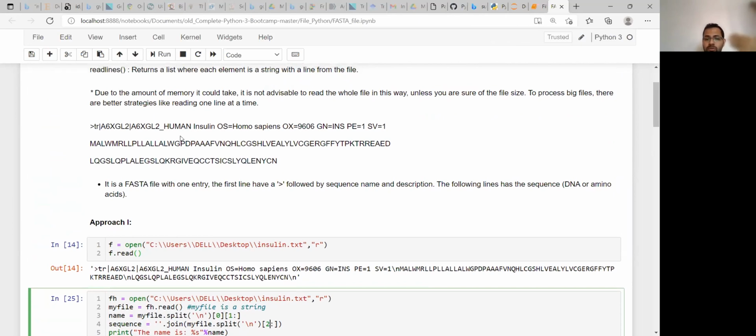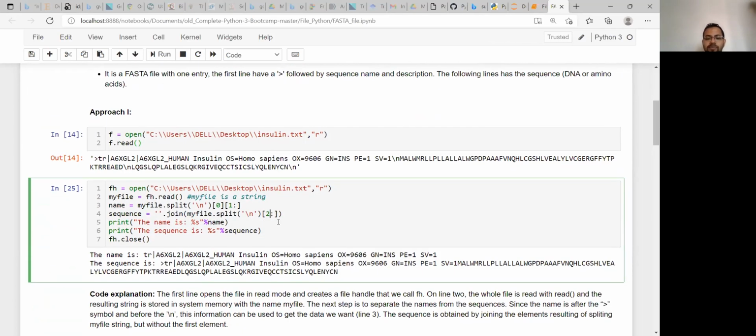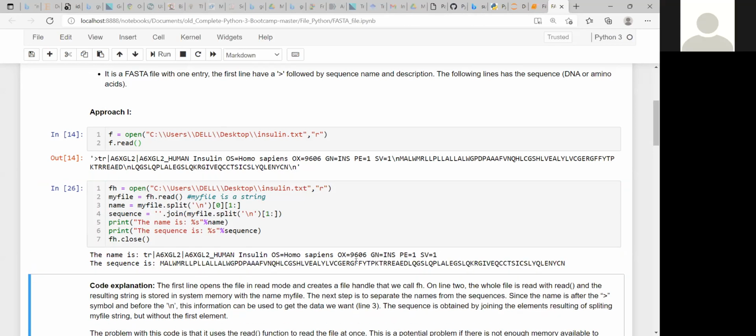You need to know the file format very well. As I know that the first line is a header line, I am omitting that first line, and I am starting from the second line. That means the index position of that second line is 1. Okay.